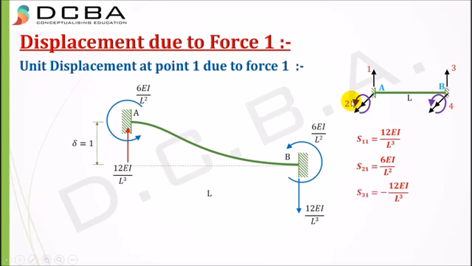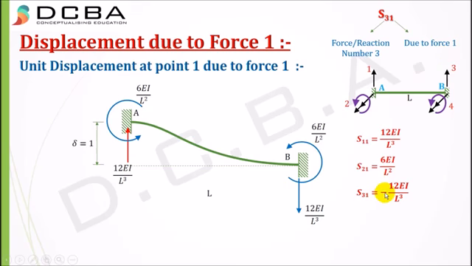S31 is minus 12 EI by L cube, and it is force or reaction number 3, again due to force 1. So due to force 1, what is the reaction formed at 3? It is 12 EI by L cube, but in the downwards direction. And since the positive had to be upwards and this is downwards, therefore we write it as minus 12